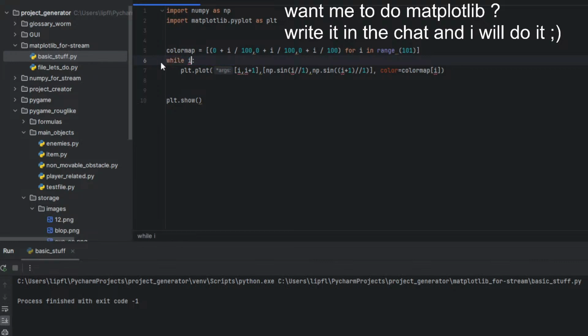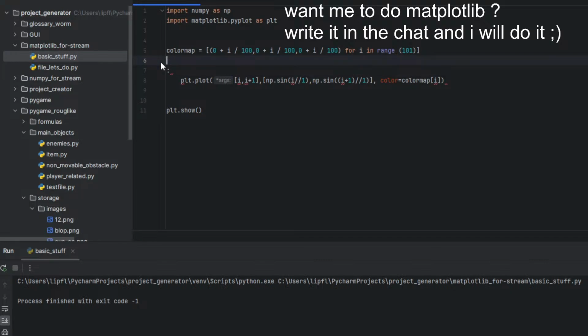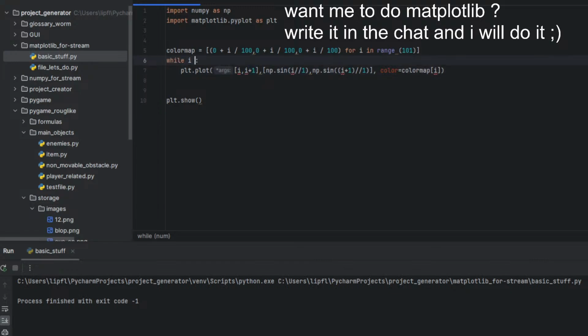While i, num equals 100, while num. Oh, this is really noobish, but, oh no, let's do the old loop.